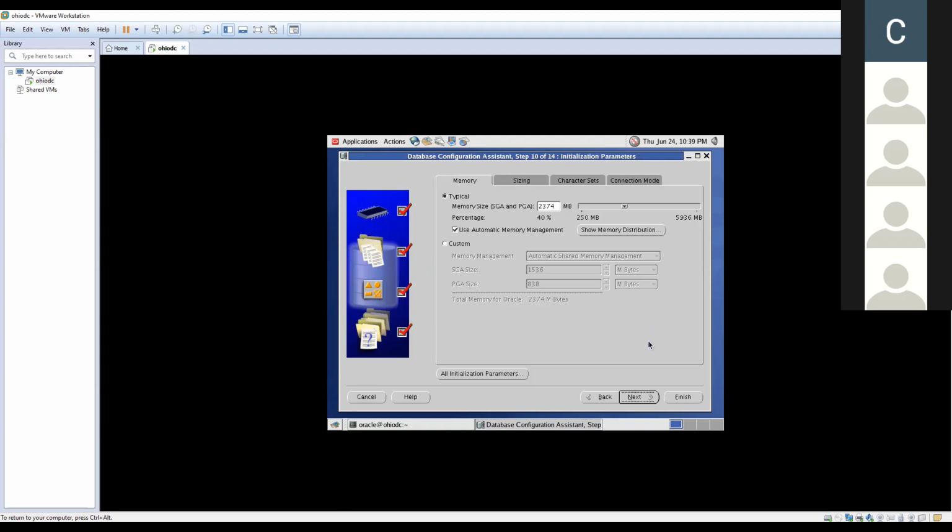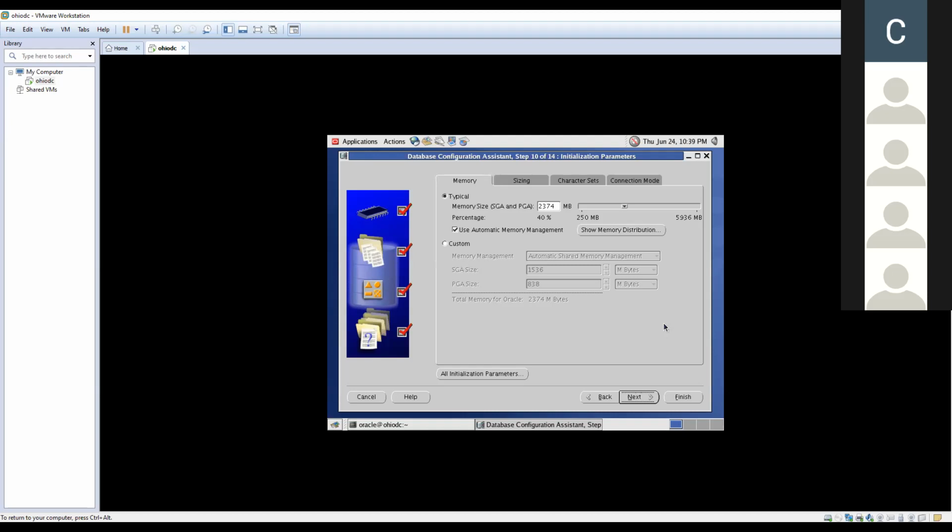Why? Because there is a concept called automatic memory management. That is why it is actually picking this. Then you'll come to know. Without that, how can you decide the space or the memory for the database? You cannot decide. So that is why I have eliminated this process, this GUI methodology, and given the manual methodology.